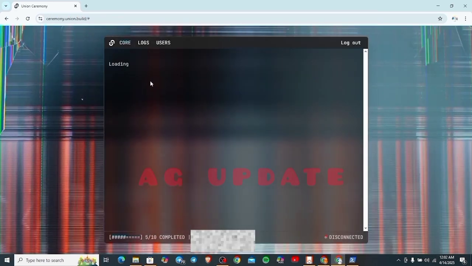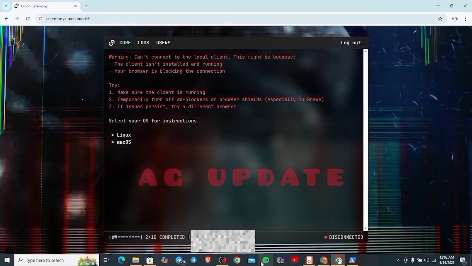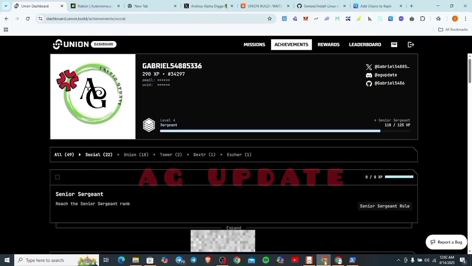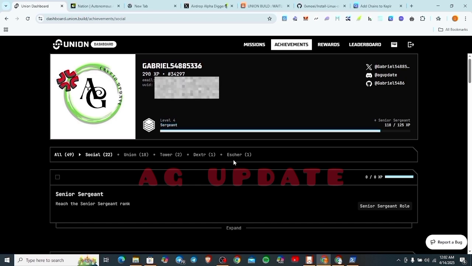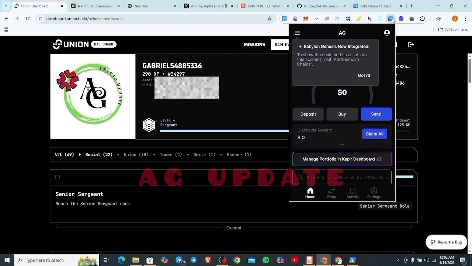Alright guys, so to continue this, I'm going to show you something. You need to copy your Union Build testnet address. Very important guys. You need to copy your Union Build testnet address. So what you need to do is to open your Keplr wallet you're using for participating in the testnet campaign. For those of you that don't have a Union Build